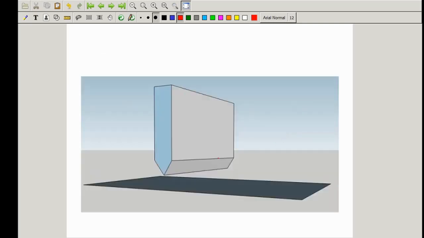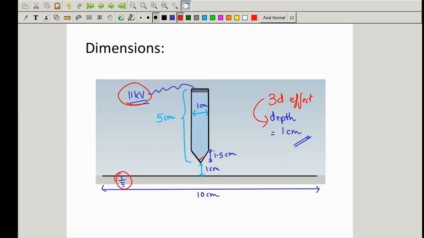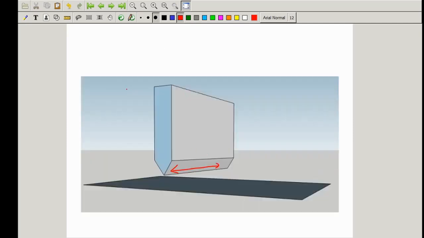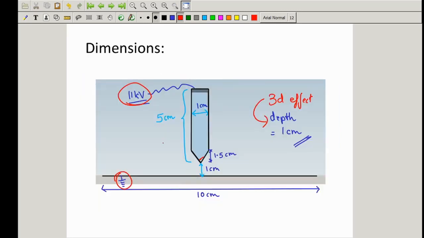Note, though in this 3D figure we have exaggerated this distance, the structure which we'll be analyzing using the FEMM package will be a section of this complete setup. So we'll be taking a slice of this, which will look like this to solve.